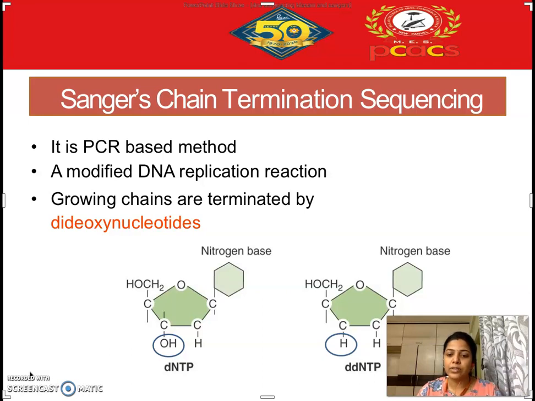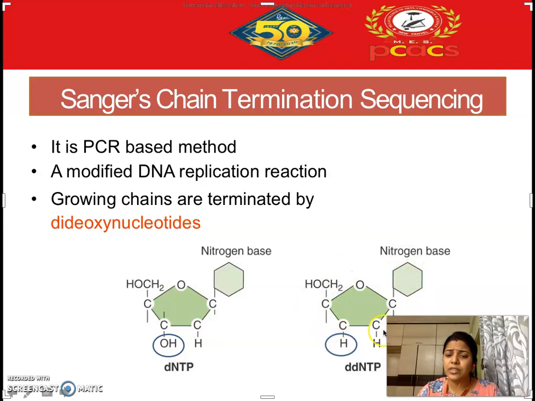So what is a dideoxynucleotide? Let us understand this. So you can see here that this is a normal dNTP. In the case of your normal dNTP, you will be seeing that it has a 3' OH group that is present, and this 3' OH group is very important in formation of the phosphodiester bond, which forms between the two nucleotides which are placed one after the other. So this particular OH group plays a very important role in the elongation step of your replication.